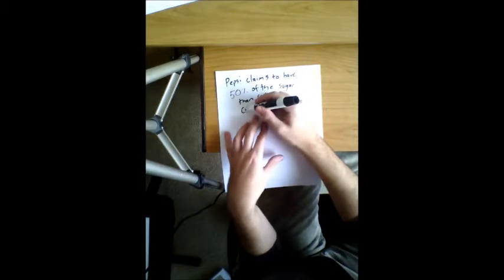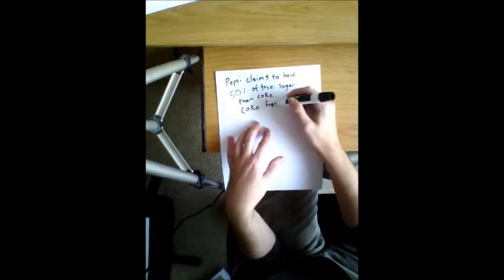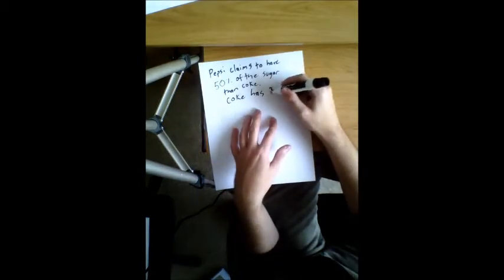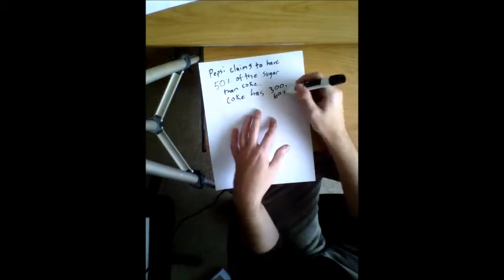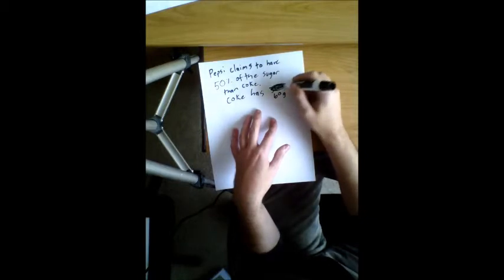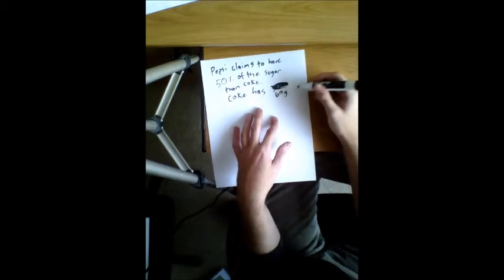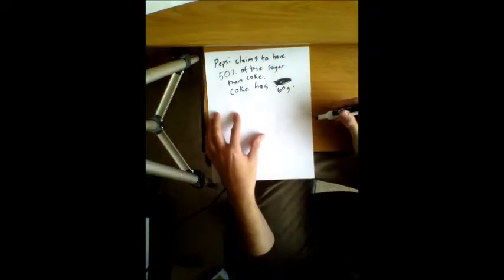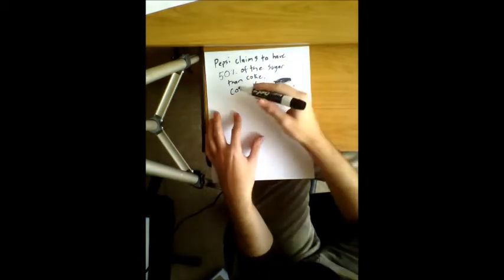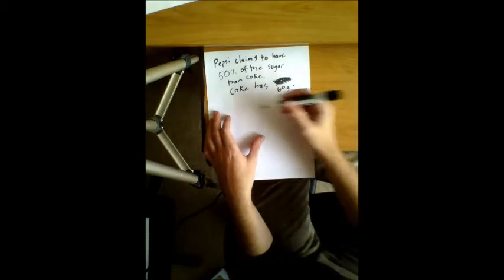And Coke has 300 grams of sugar. Well, that seems a little high. Let's go with 60 grams of sugar in one can. Okay, so Pepsi is claiming they have 50% of this, and we're going to go ahead